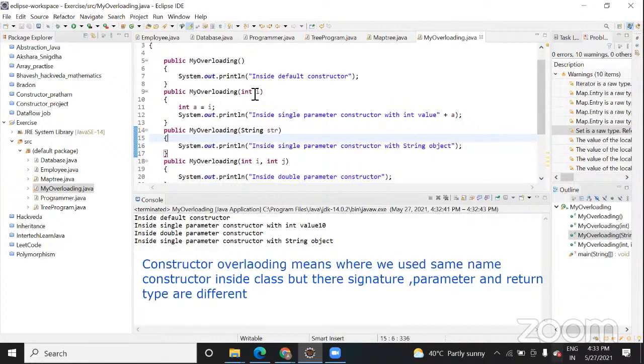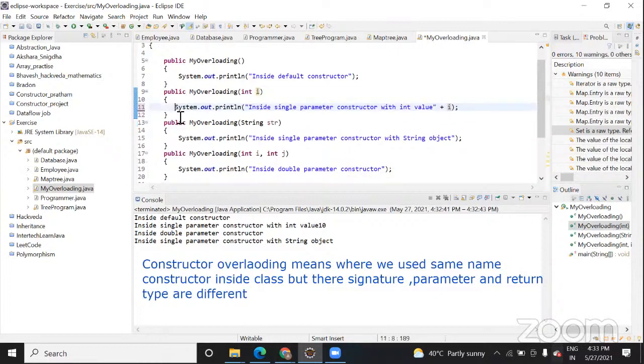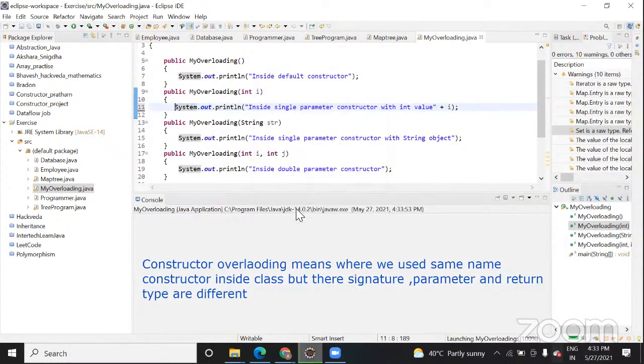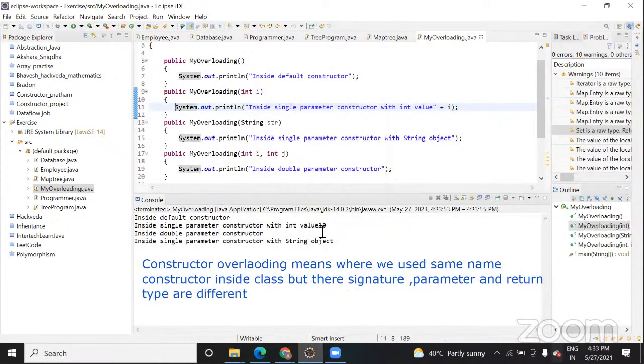Are you getting it? Suppose you want me to print I directly, right? Let me show you. It is not giving any error. Just one minute, let me run this. Yeah, it is printing.